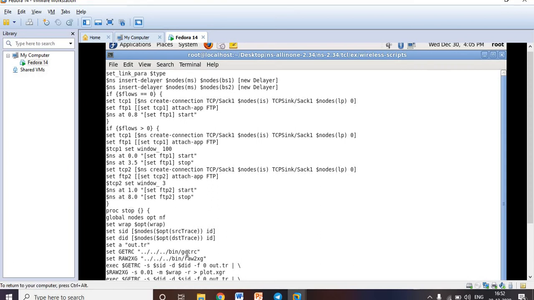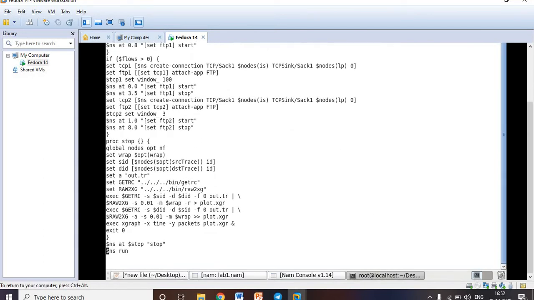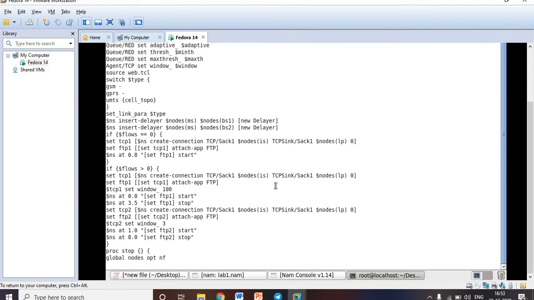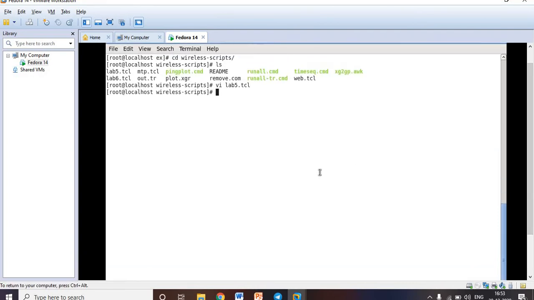You can see here we are using getrc and raw2xg, right? And we also have source web.tcl. You can see source web.tcl here. Fine. I want to go back to the terminal now. Press escape :wq. See here, I am getting this. Press enter. Now I came back to the terminal.